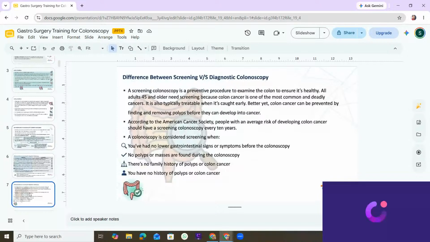It is also typically treatable when it is caught early. Better yet, colon cancer can be prevented by finding and removing polyps before they can develop into cancer. According to the American Cancer Society, people with average risk of developing colon cancer should have a screening colonoscopy every